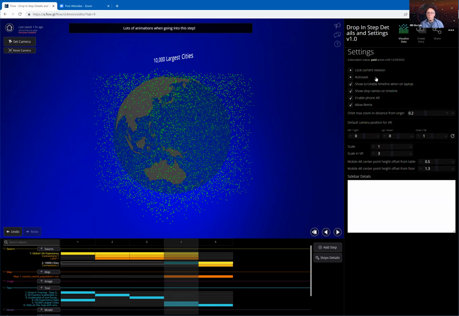Now, the one thing I would recommend is, if you're going to be going down a developmental path that's particularly adventuresome and you don't know where it's going to lead, you're just exploring stuff, I would definitely say turn autosave off while you're doing that, because you might not want flow to come along and automatically save at that point. If it does, we do have versioning now, so you can get back out of it, but